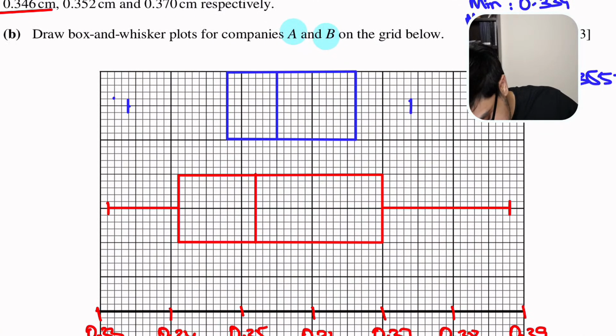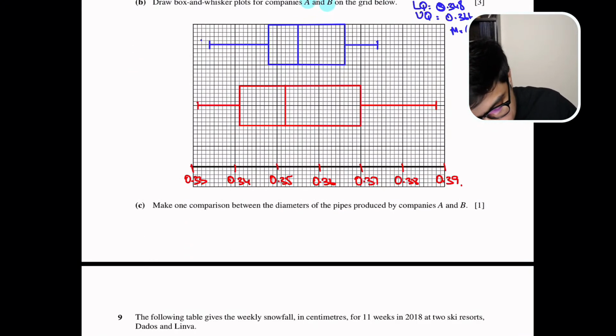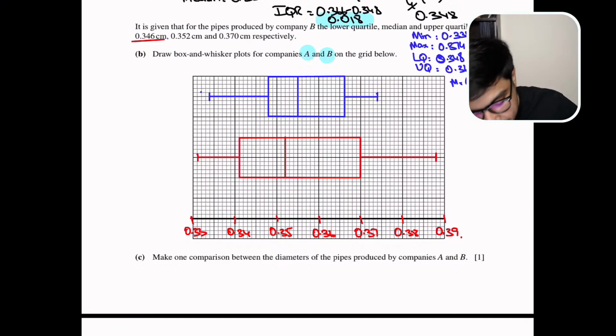So this is how it is supposed to be done. One, and this is going to be two, right? So now they're again asking to make one comparison. So we can just say that the diameters of company B are longer than the diameters of company A. So we can just write that down, and that is going to be enough, because we can see that